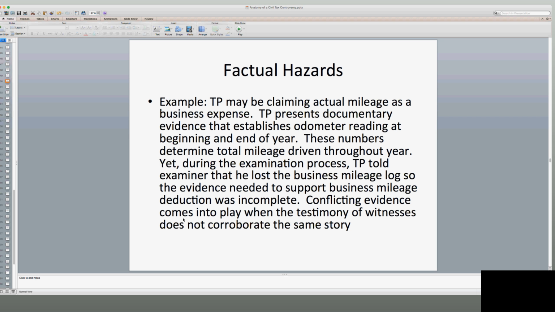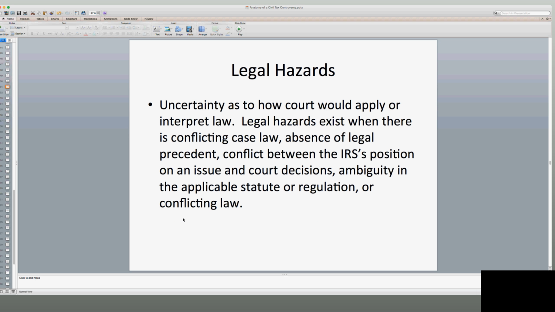Again, it's got to be physical, tangible evidence, and it's got to be the right type of evidence. In this case, if it's a lost business mileage log that has surprisingly been found right when the case goes to appeals, turn that baby over, because that could be the difference between whether you win or lose in appeals. And again, appeals officers are always looking for a specific type of evidence, and by that, it's usually tangible and physical.